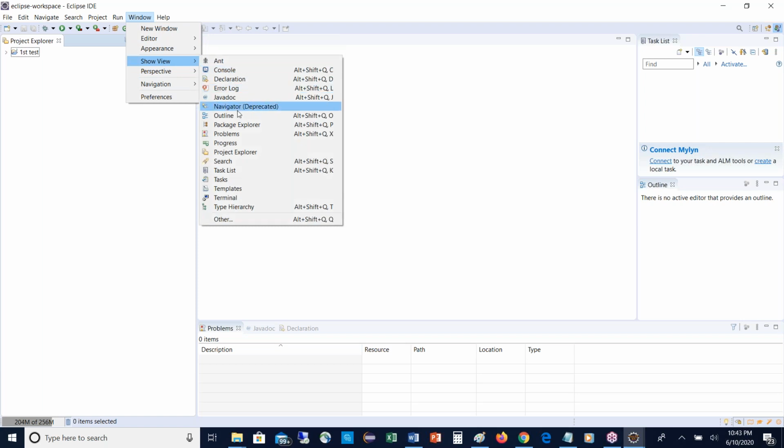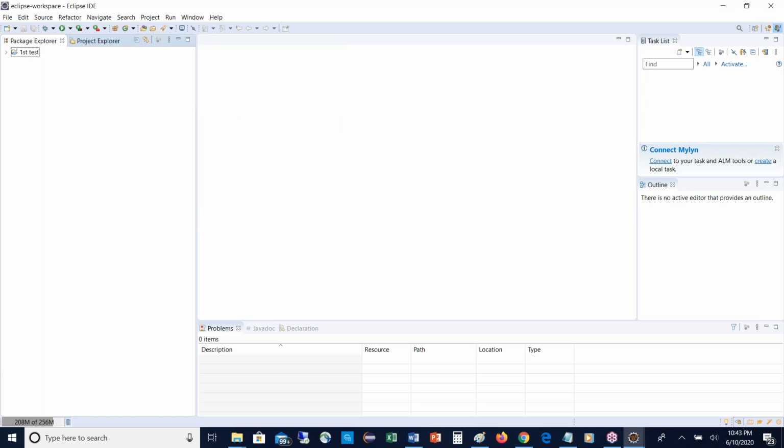It came, right? If any option, any console window or tab is not showing in Eclipse, go to the Window menu, Show View, and select whatever option you want. Then it is visible in the Eclipse UI.